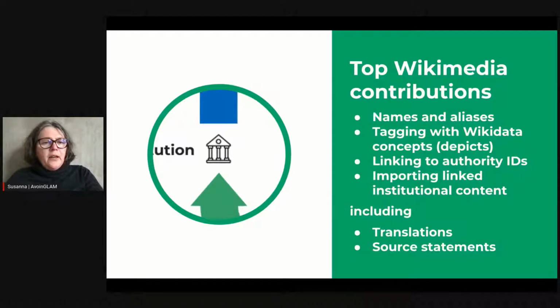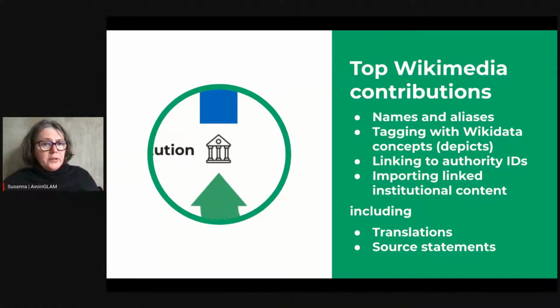And what kind of contributions do the institutions then value out of those that happen on Wikimedia projects? Very often, for example, it was mentioned in this project that names and aliases that users add or other institutions add are of value, and they are willing to use Wikidata concepts for tagging their own collections, and they specifically value